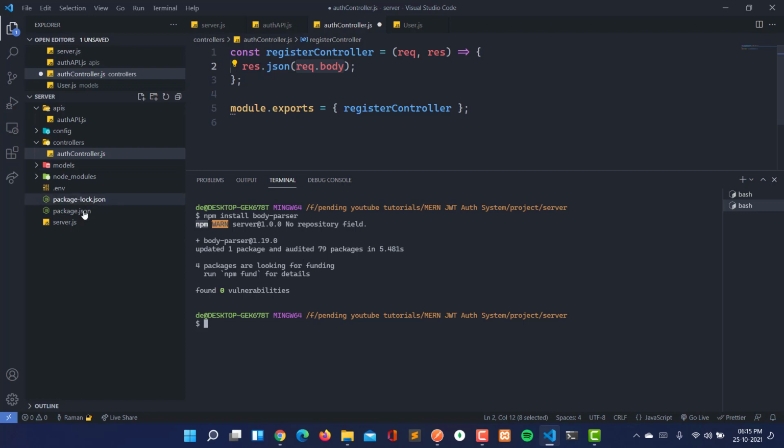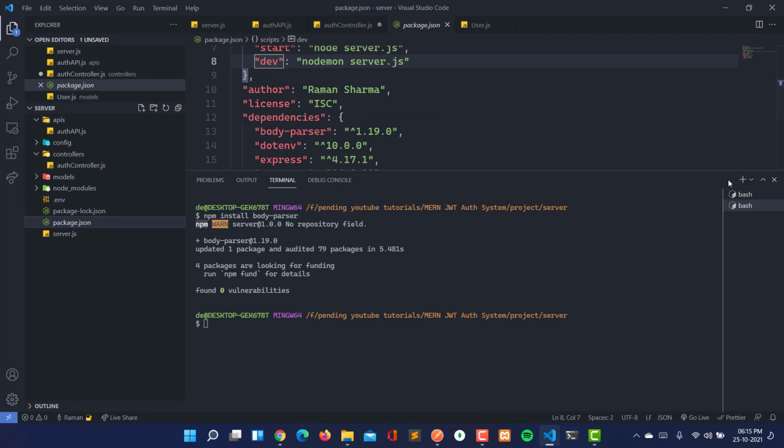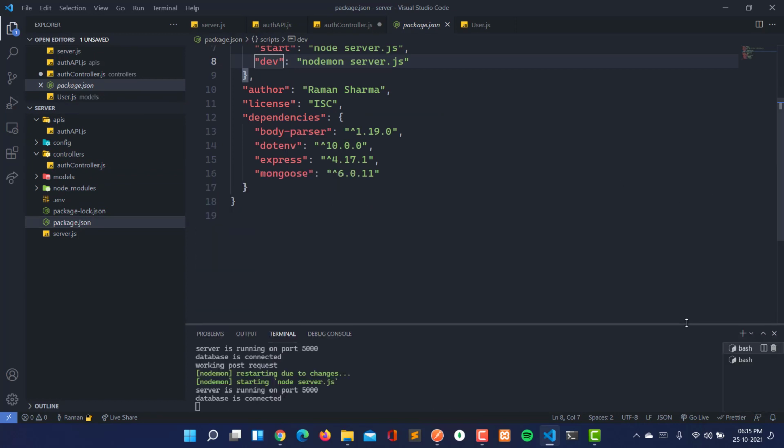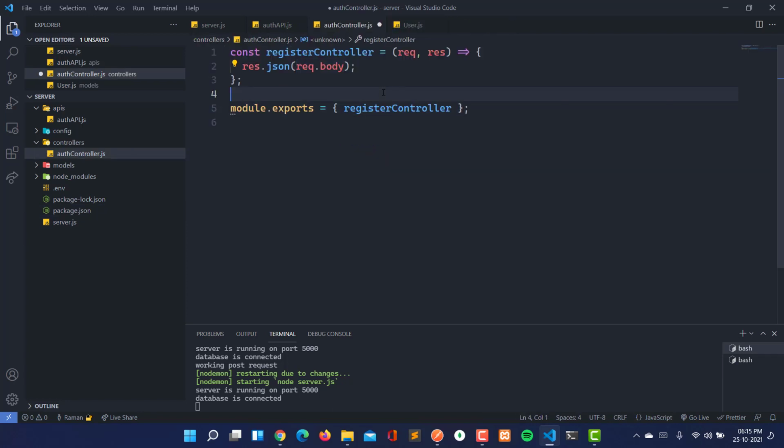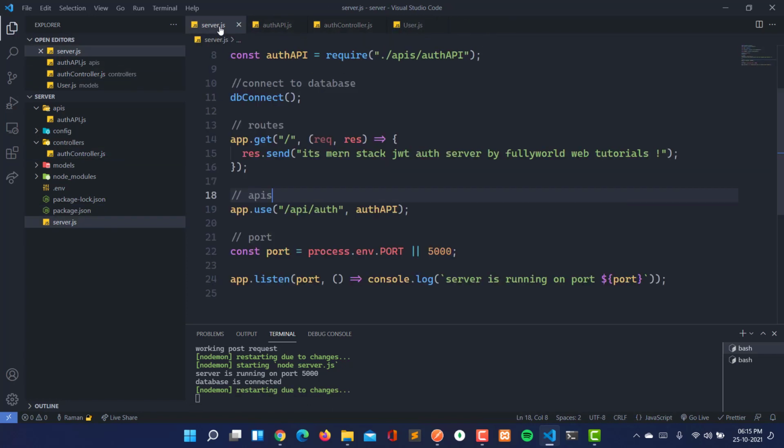Now when we look in the package.json, so I'm closing this. When we look in the package.json, now we are having the body parser also. So now I'm just saving this, and let's move to the server here.